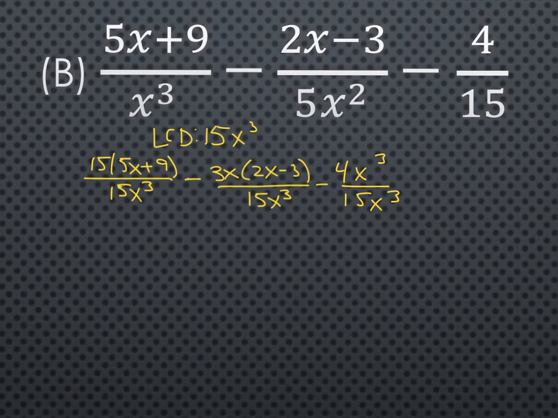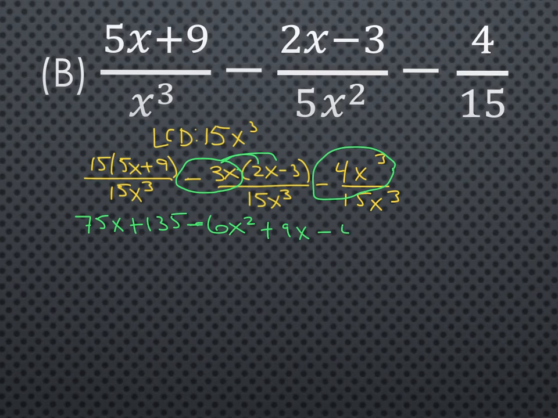Okay, now, just like I told you in the previous example, the number one mistake I see with subtraction is distributing the negative, and especially this one here, tricky. This one is usually okay, because students recognize that means subtract, but that middle one is always missed. Let's see, 15 times 5, 75. 15 times 9, 135. Negative 6x squared, that's a negative sign, plus 9x minus 4x cubed